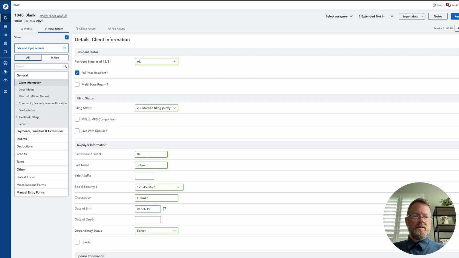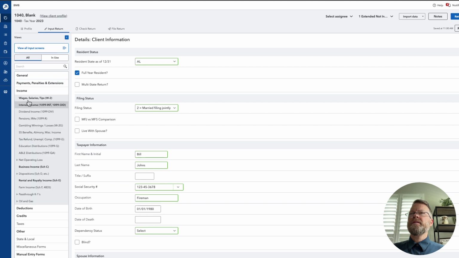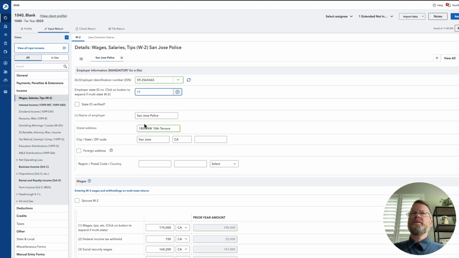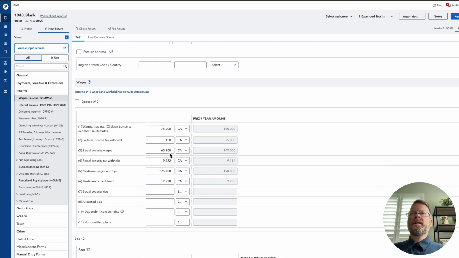Let's not make him so old. And so obviously 1, 2, 3, 4, 5, this is a made-up Social Security number. And let's go back to income, wages. So this is a W-2. So this is his W-2 he got from the San Jose Police Department. If we go through, he made